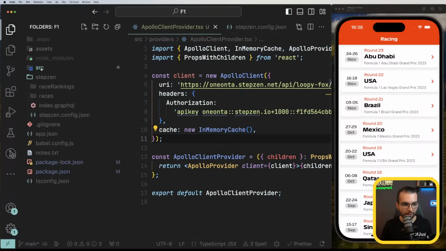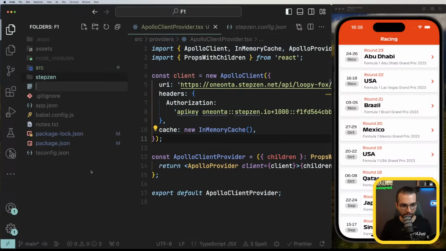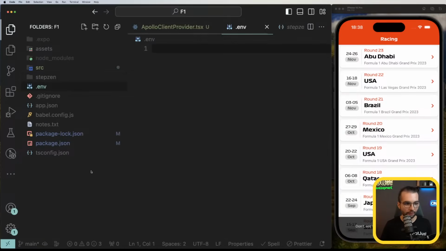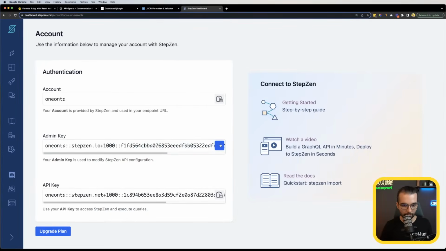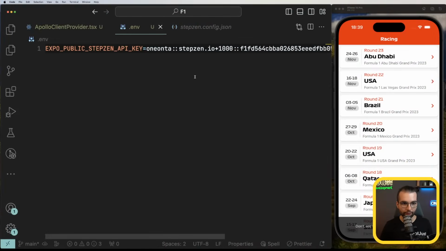You can also, of course, do this in a better way using environment variables, and you can do that in Expo by creating a new .env file, a normal env file that exports some variables. The ones that we need to access from the client side, we're gonna prefix with EXPO_PUBLIC, and then the name will be StepZen API key equal, and it's going to be here. I'm going to paste the key